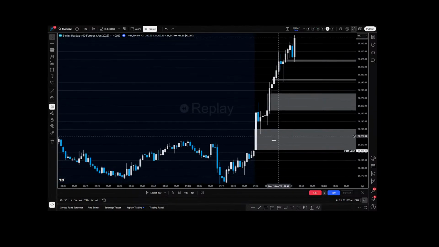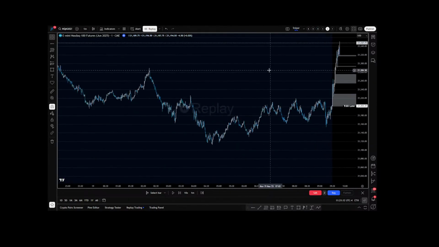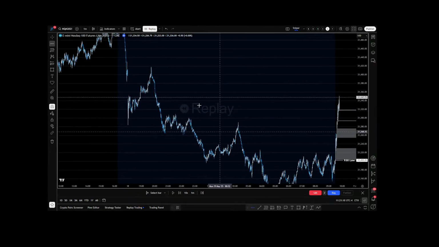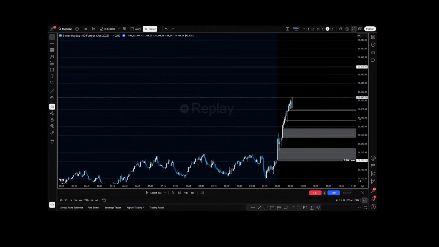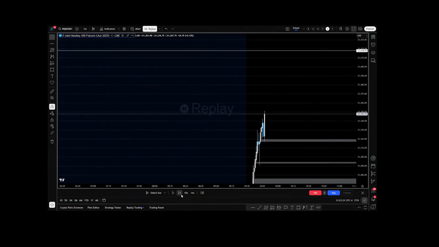Okay, so every 1 minute fair value gap that's been retraced to has been respected, right? So clearly a bullish trend. Now if we zoom out, what have we done? We've ran past all this liquidity. We have a high up here that we might be drawing towards. And then we have that new week opening gap, which we are in right now. So just sitting on our hands, watching and observing.